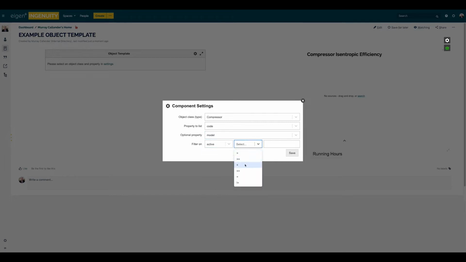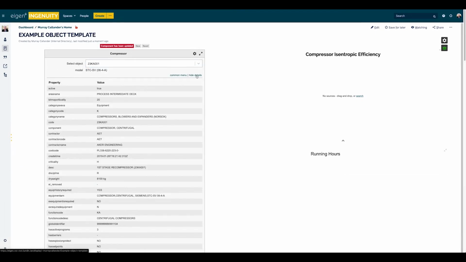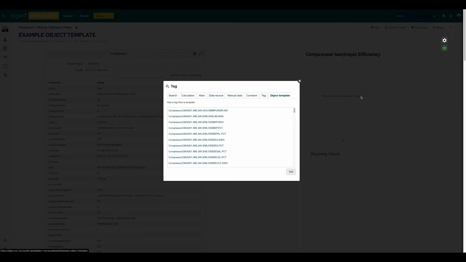And here I'm going to do a KPI rather, of the running hours, so we're just going to quickly add one from a template, and then we can go in and change the data source. So the data tag currently has a constant. Just update the units to hours. We're going to find the running hours again. There we are. Add them,